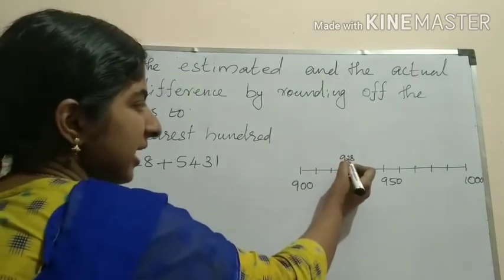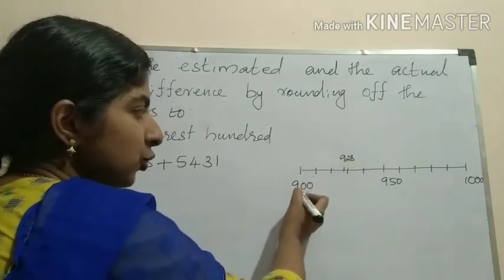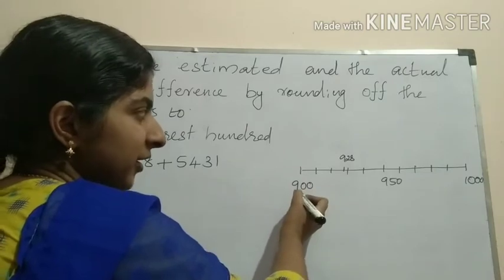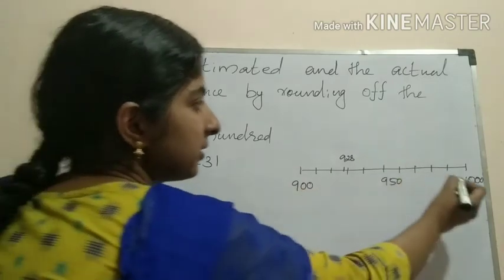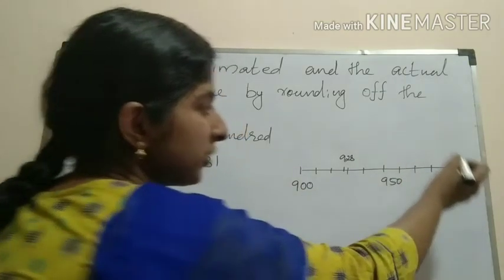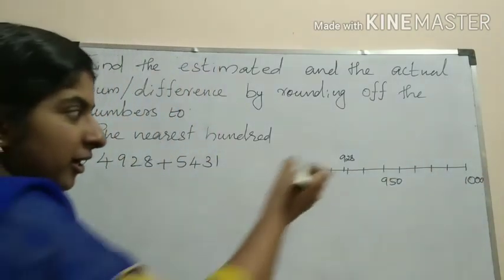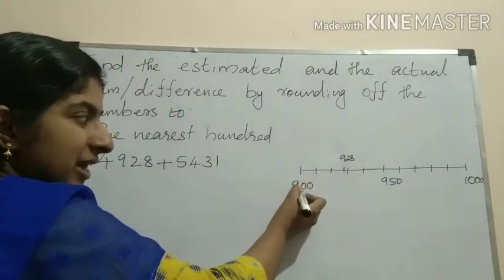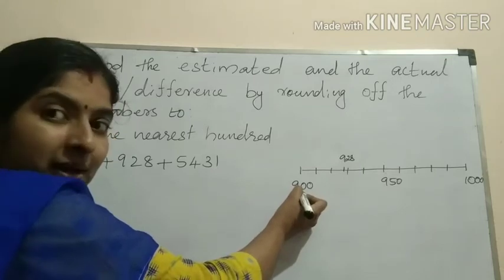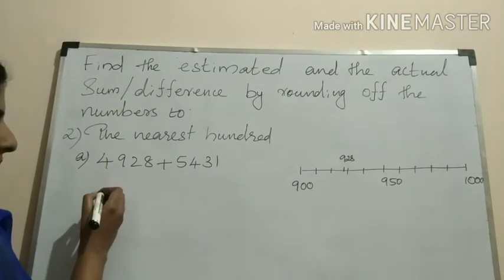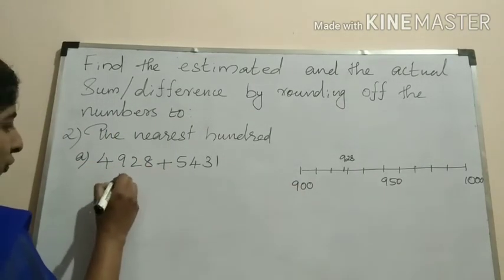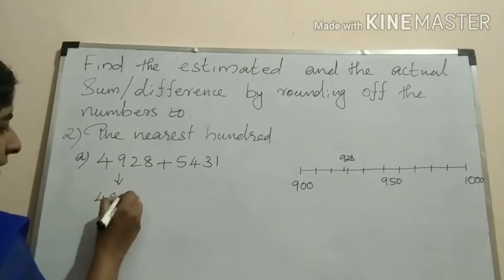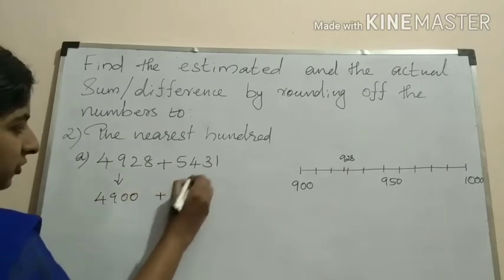So 928 is nearest to 900, that is the lower 100. This 928 becomes 900, that is 4900 plus